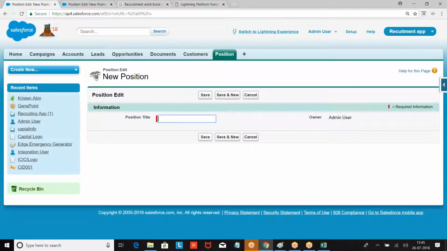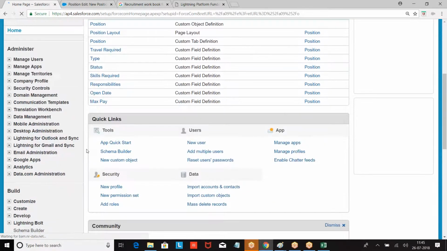Go back to the object again. We didn't take care about adding two columns. Probably one column is selected.